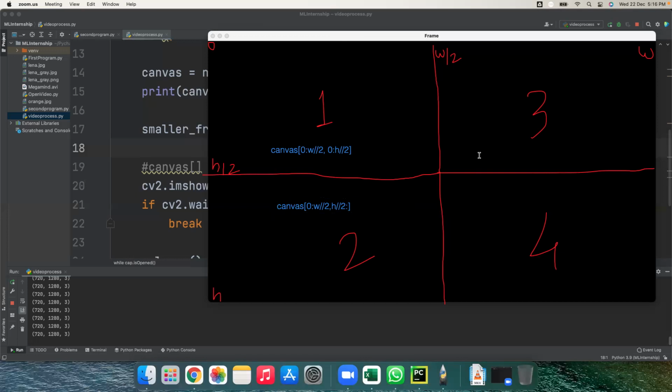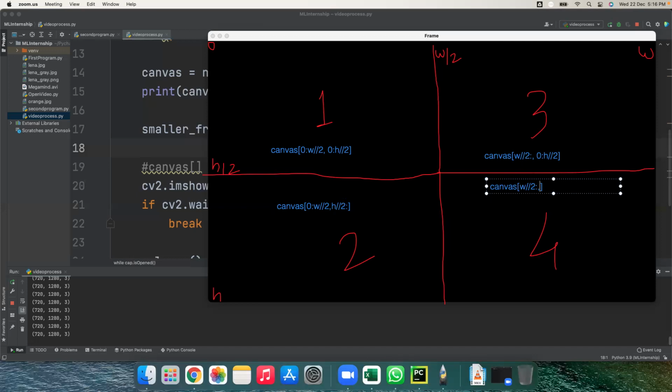I'm writing all this slicing here. It should be W divided by 2 to last, and then 0 to H divided by 2. At the last, it starts with W divided by 2 to last.